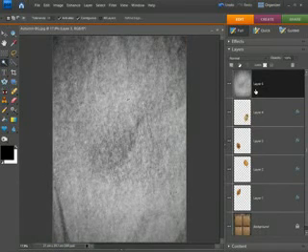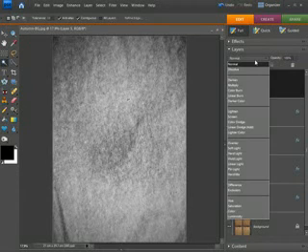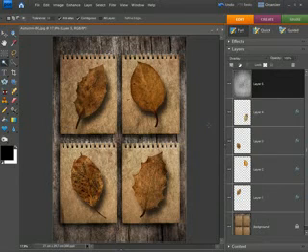Now, to combine the texture of the paper with the image we've just created, I'm just going to change the blend mode, which is currently normal, and I'm going to change it to overlay. And there you go. So that's done the trick of combining the picture and the texture. And I think that adds a very nice sort of rough and autumnal look to things. Now, I've used images from my own garden. Have a go. Use your own leaves, or even put different pictures in there and see what wonderful creations you can come up with.